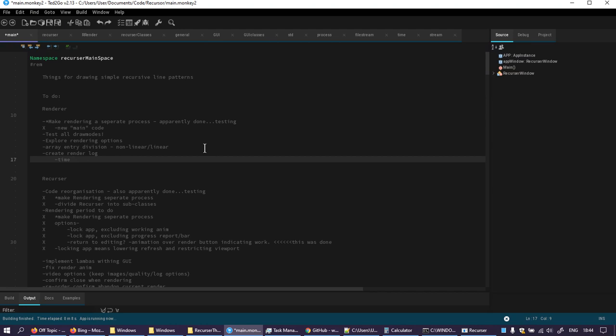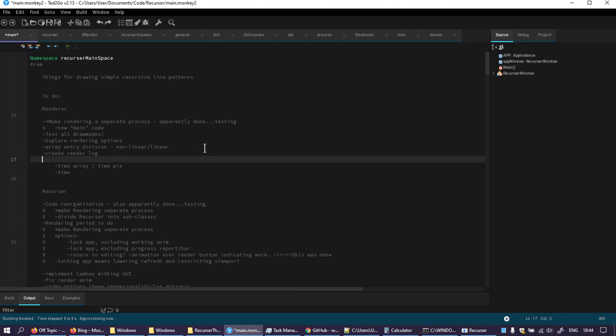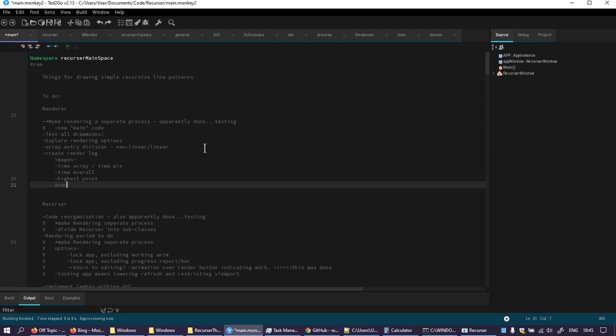Well, time for the array, and also maybe the time for the pixmap creation. It should get the overall time for images. Time overall, highest point, average